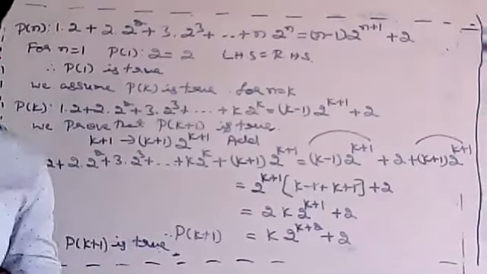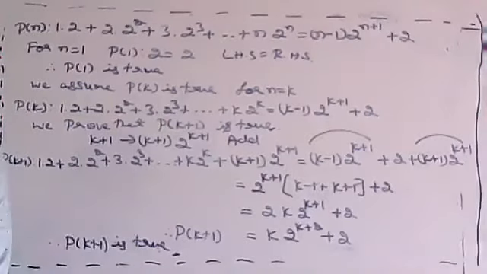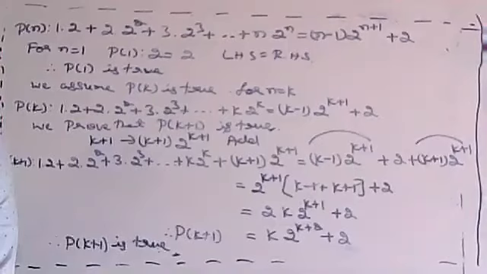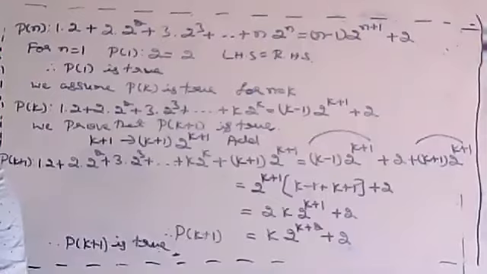Correct? So, in this case, 1, 2 and 3, all the three equations are clear? Any doubt on this problem? Okay. So, one more problem I'll give you. You just have to tell me how you have to solve that one. What do I have to take? The k plus 1th term.